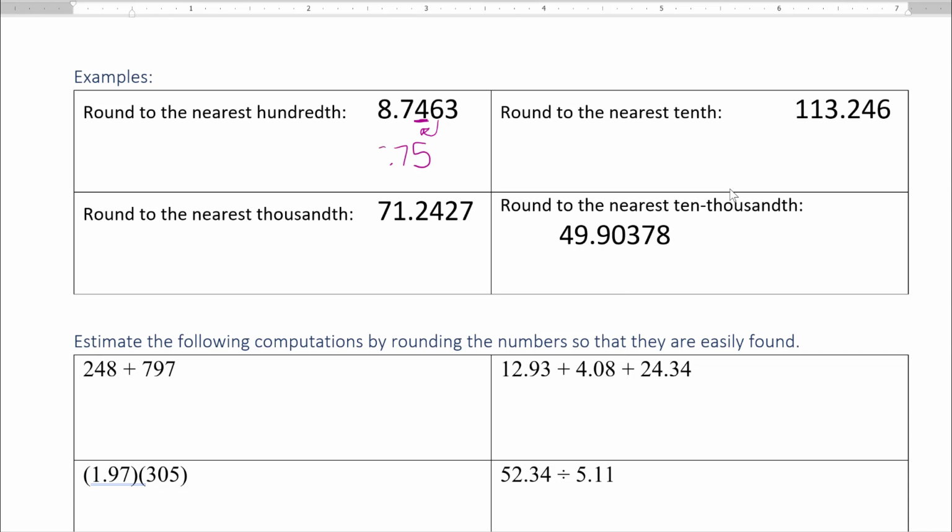Now everything before it stays the same. Everything after it turns into zeros. Now on to the right of the decimal place, we don't need to put in zeros. That's just not all that helpful. Next, round to the nearest 10th,